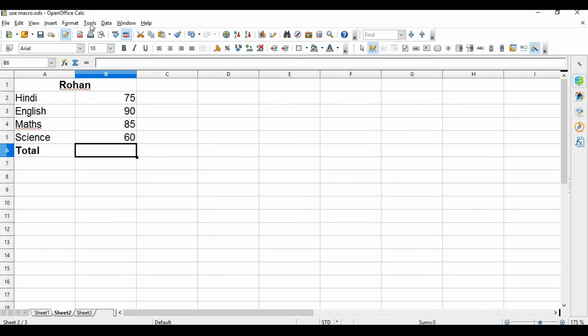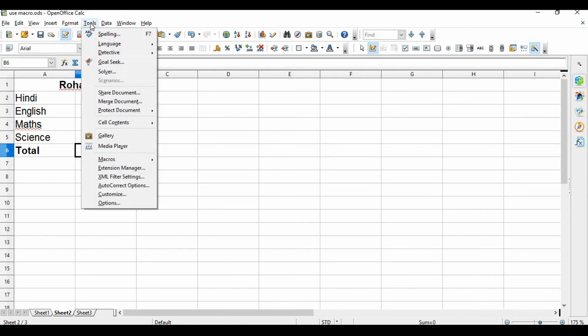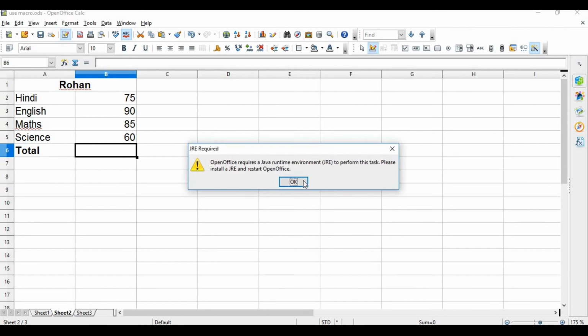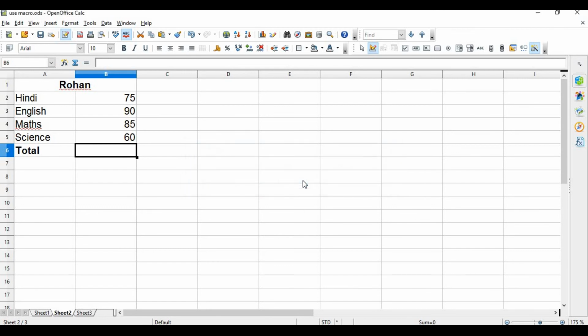For that, go to the Tools menu, select Macros, and then select the second option, that is Run Macro. Once you select Run Macro, you will get a dialog box. It takes some time.